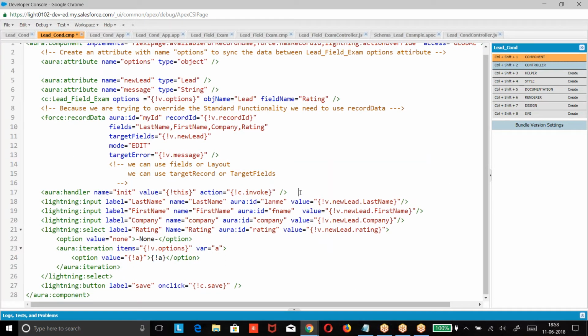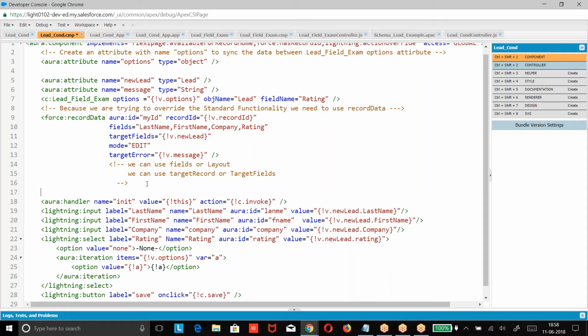Right. Now what is the purpose of this? We are invoking the handler to initialize a new record. We are trying to initialize as a new record.